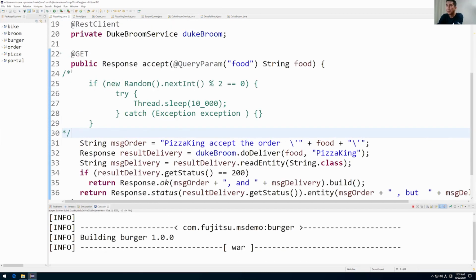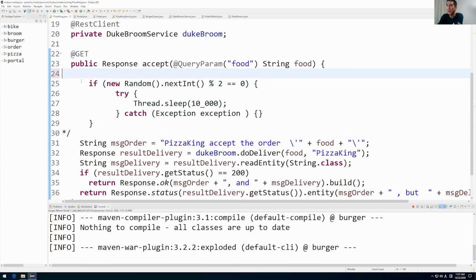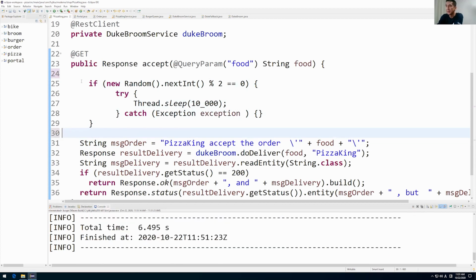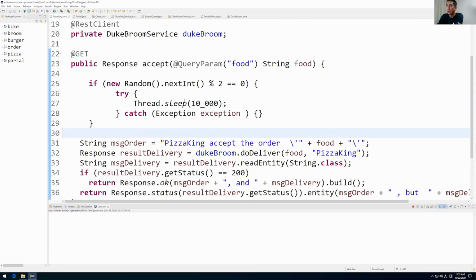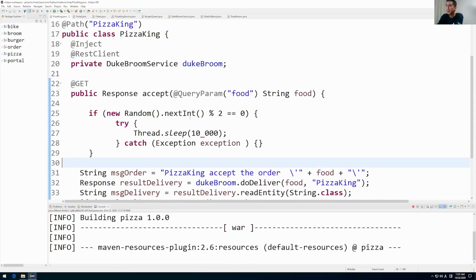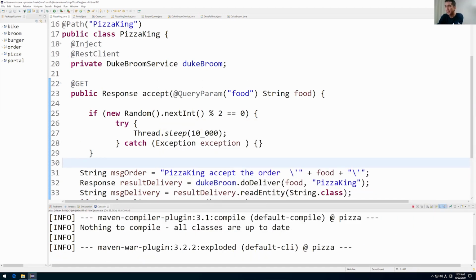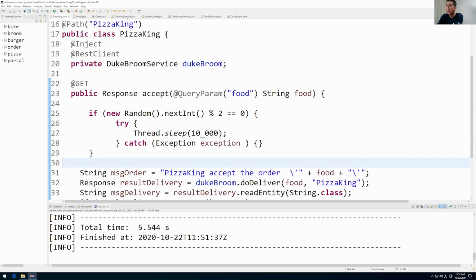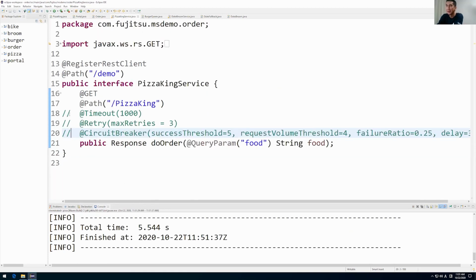This time, I put the bug into the pizza service. In this case, every 2 times, it randomly sleeps 10 seconds. And at first, I just put in the timeout and retry. Let's see what will happen.